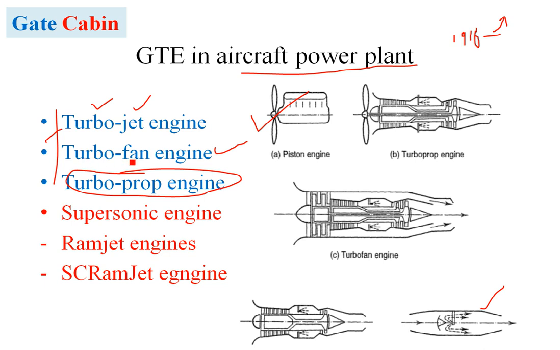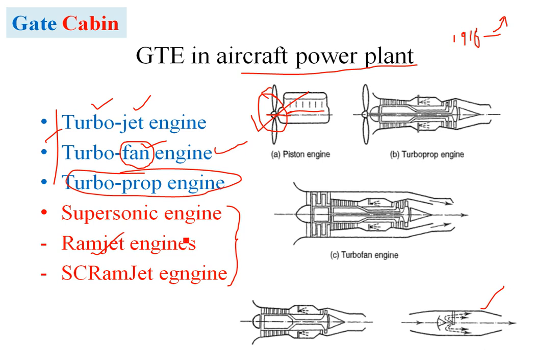As the name suggests, it has two main components. In a turbofan engine, that doesn't mean it won't produce a jet. It will be producing a jet, but there is an additional component to that arrangement, which is a fan. A fan is placed in front of the inlet, we will see. And then coming to the turboprop engine, one of the most preliminary designs, the piston engines were used to rotate the propeller, and this propeller was used to generate thrust, making the air flow over the wings. And then coming to modern aircraft engines, which are supersonic jets, we have the ramjet engine.